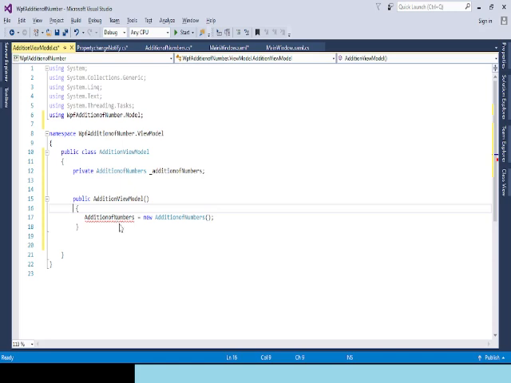It is showing that addition number is a type but used like a variable. Yes, so we need to initialize here addition also with the get set property, so that it will accept the input